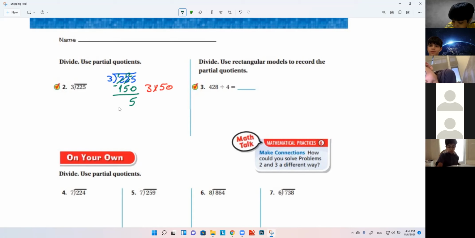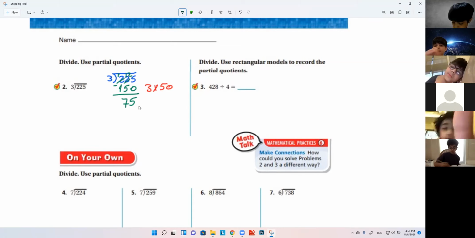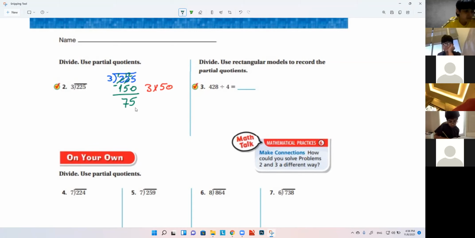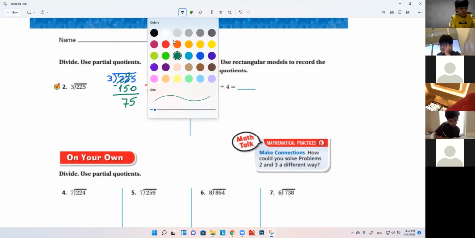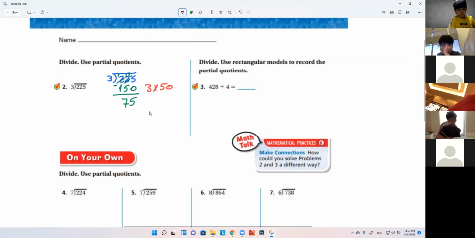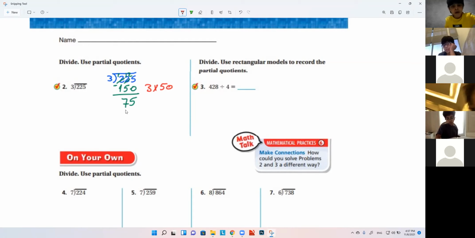So this will be 1 and this will be 12. 12 minus 5 equals 7. And 1 minus 1 equals 0. So the 0 on the left has no meaning, so we don't need to write it. Okay, so can we multiply by 50 again? We can't, because 150 is greater than 75. And we can't use a number greater than 75.